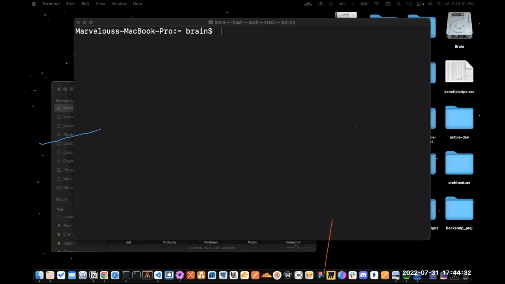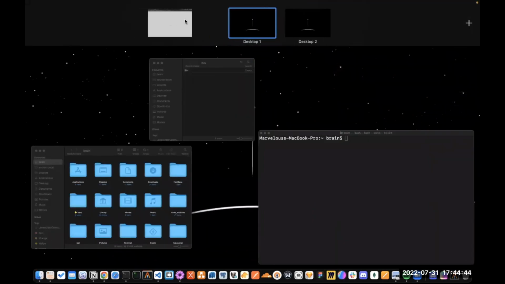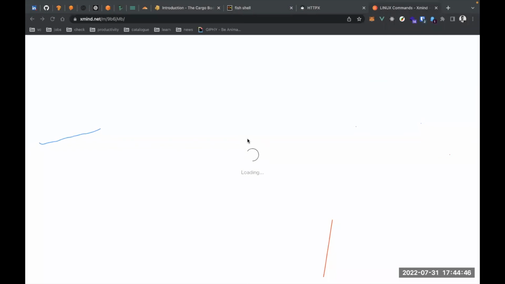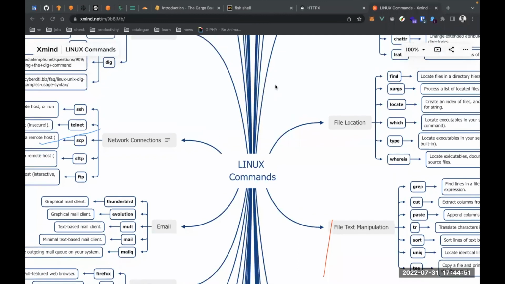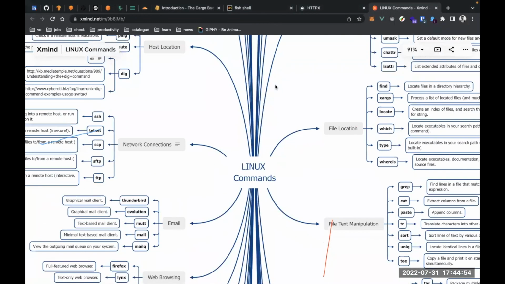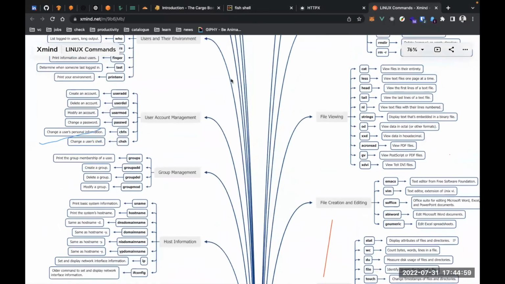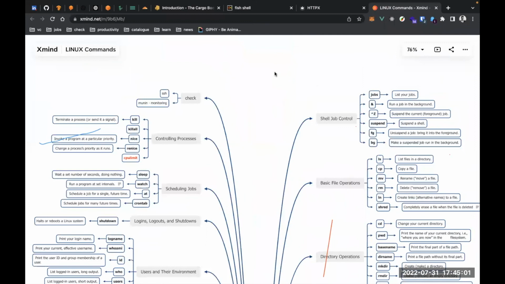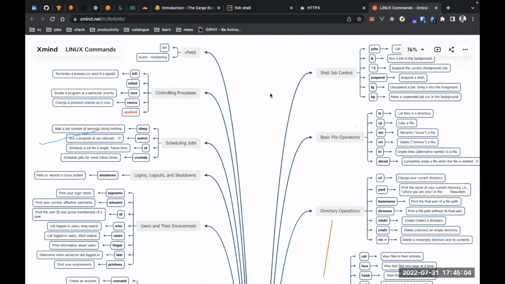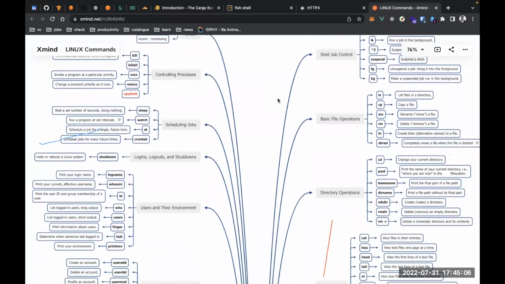So what I want to do is, using the link in that file, click on the Linux commands, and you're going to see a mind map, which I'm going to share with you on my Chrome screen right now. So we have this xmind file. I shared this again in case the initial person that shared this takes the link off. So I downloaded this and shared it again, but I did not create this file myself. I got it online. Of course, there was no name attached to it, but you can always explore with this.